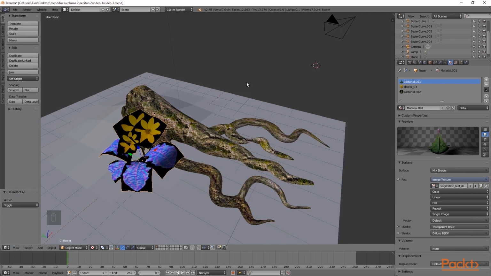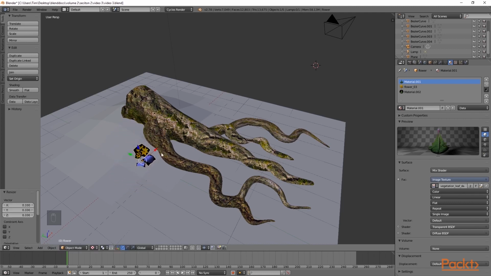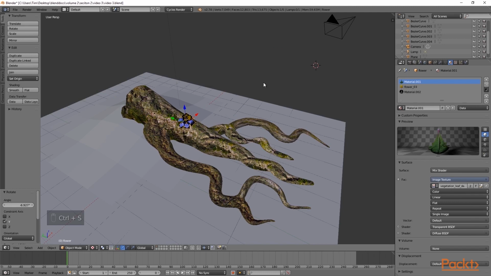The last thing I'll do is press S to scale and scale down my object. I will then press GX and GZ to move my object to the appropriate location. Again, I'm going to scale it down a bit more. Once I'm happy with the location of my object, I'm then going to press RX to rotate it on the X-axis and RY. The last thing we'll do is press Ctrl S and save. Now that we know how to create simple Cycles materials,